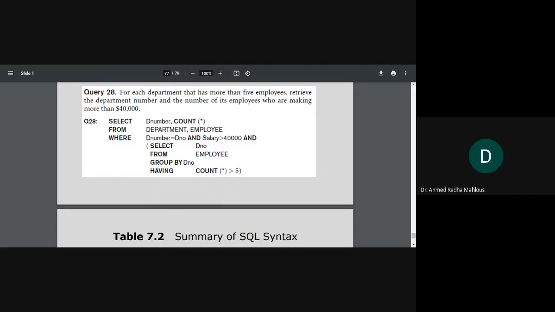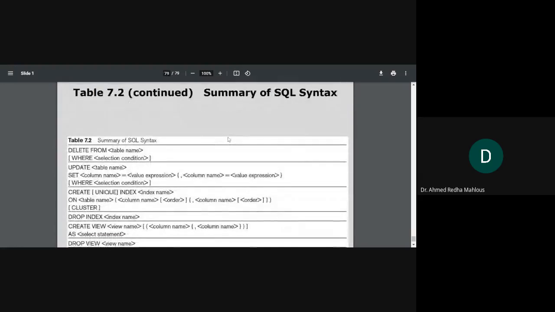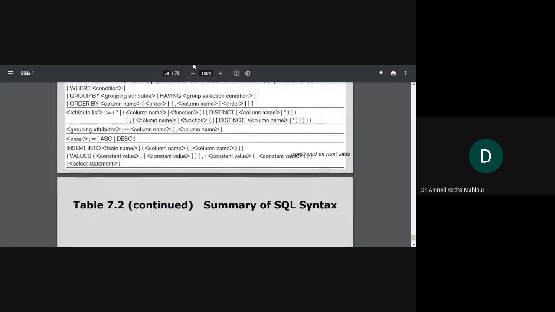Okay, Shabab? Yes. Okay, we conclude our chapter. So this is the recap, the summary of the SQL that we have seen. So more inshallah, we're going to see